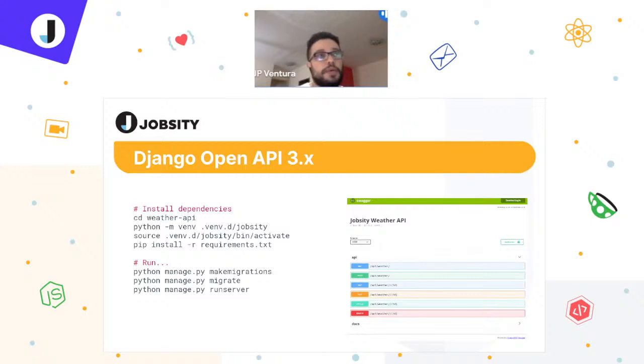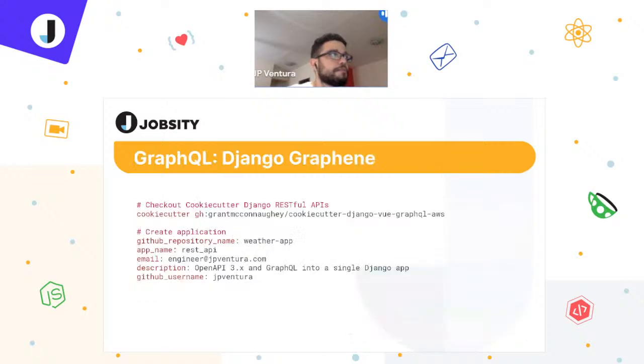And this is something that happened to Instagram. Instagram was a monolith until it reached 50 million users, and it was a Django application. You can check the interviews with the founder, and he also discovered this too late. Then they migrated to a plethora of microservices. Graphene is no different. Graphene is the standard implementation of GraphQL from Facebook for Django. You can run it on FastAPI, Flask, and Django, and the process is no different from this. You download the cookie cutter, create your application,